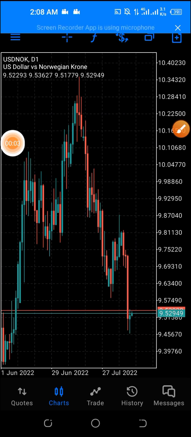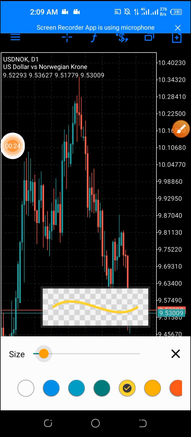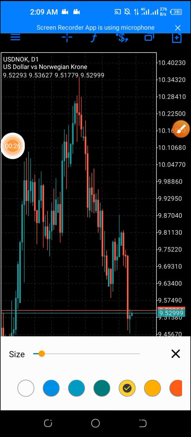Okay, so this is an MT5 platform, and this is a demo account. Let me quickly introduce a few things, and then, okay. So these green bars here suggest when the candles go up or close at the top, and the red